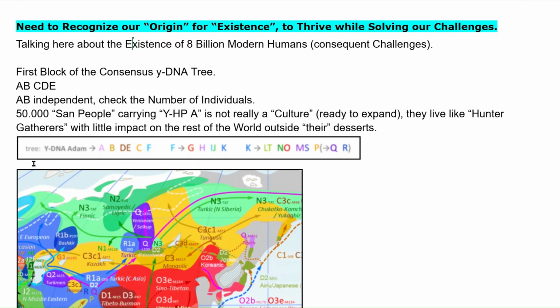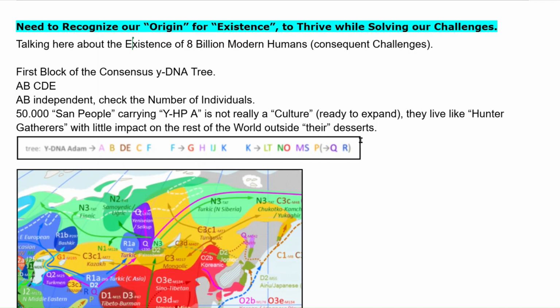It's the tree that starts with Y-DNA Adam, and then kicks off to the first groups that consensus information defines as A, B, D, E, C, and a more or less virtual F. This virtual F, we explain for now as their step to the next group, because they want to cover